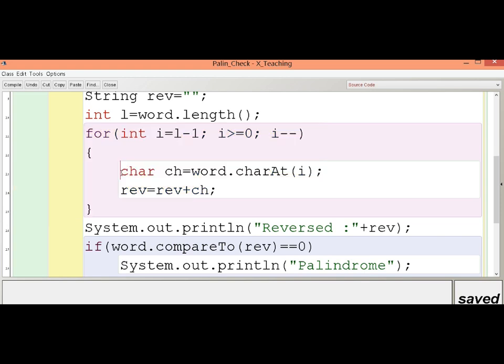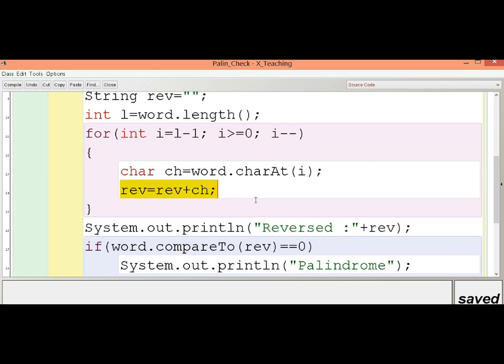Now inside the body of the loop, we will see two commands. The first command you have seen in your previous video, that is the charAt function. So word.charAt is used to extract the character from a certain position and store it in a variable. Here I am storing the character at position i in variable ch. Once the character is extracted, remember this will be done in reversed manner of the word.